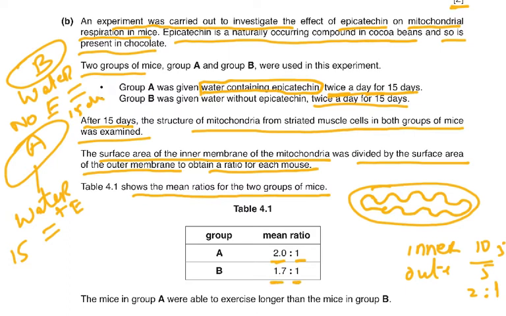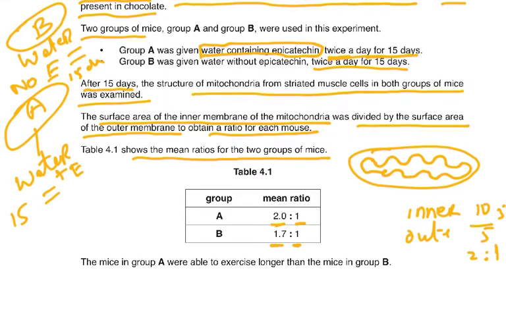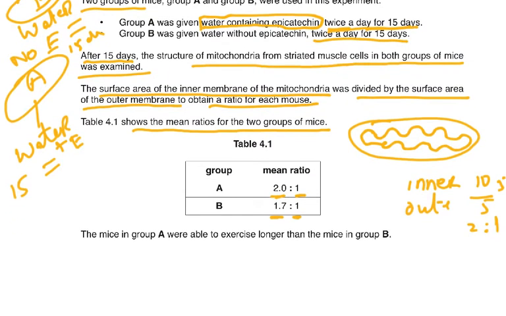So in mice A, where the chemical was given, the inner membrane had more surface area compared to this. While in B, in which just water was given and no chemical was given, they had a 1.7 to 1 ratio. The mice in group A were able to exercise longer than the mice in group B,